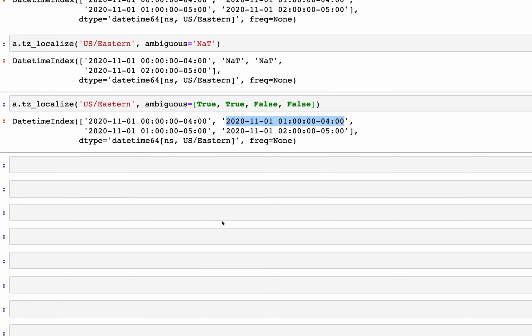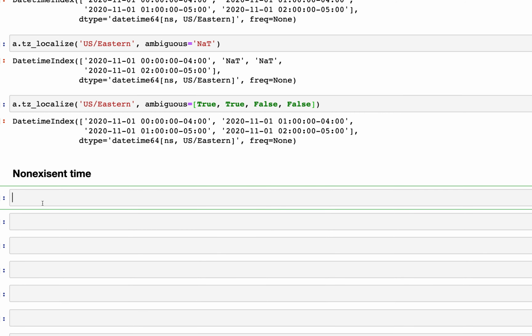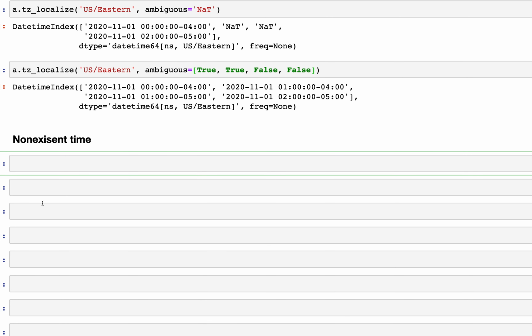Now moving on, let's look at non-existent time. Non-existent time occurs when that time does not happen, and that happens in the month of March when the clock is moved 1 hour forward. At 2 a.m. the clock is moved forward by 1 hour, so it goes directly to 3 a.m. The time in between, 2:30 for example,